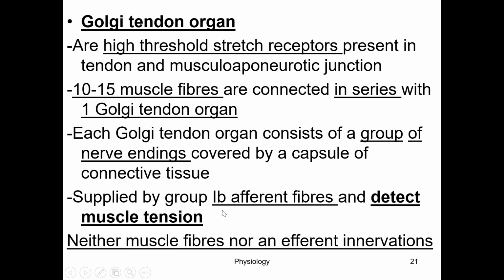Okay, so a very important function is that it detects the muscle tension. How much muscle tension is there during contraction and relaxation? This information is conveyed by the Golgi tendon organ. And what is the Golgi tendon organ? Around 10 to 15 muscle fibers connected in series form one Golgi tendon organ. Each Golgi tendon organ consists of a group of nerve endings covered by a capsule of connective tissue, and that group of nerve fibers is called